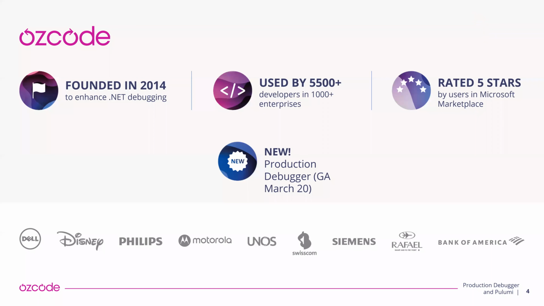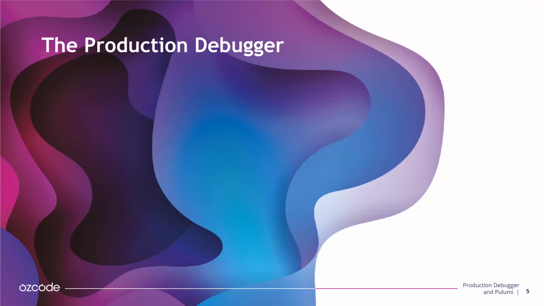So a little bit of background here on Ozcode. It was founded in 2014, and as I said, the initial product was a tie-in to Visual Studio, but that same technology is now being used inside of the production debugger, which is looking for general availability in just about 3 or 4 weeks' time here, so targeting March 20th. There's about 5,500 developers who are busy using Ozcode, and it's deployed in over 1,000 different enterprises. And you can see some of the big name customers down here at the bottom. So the production debugger,